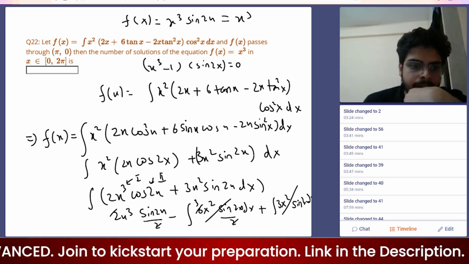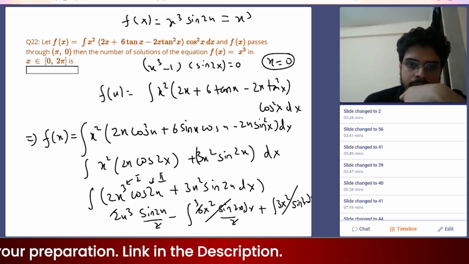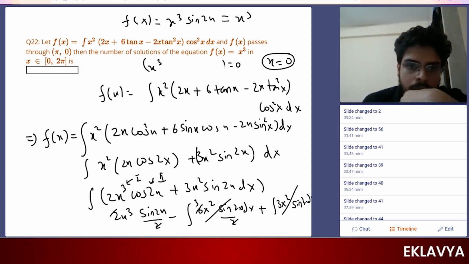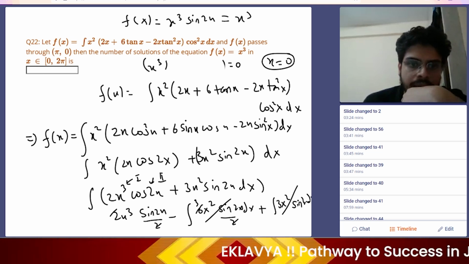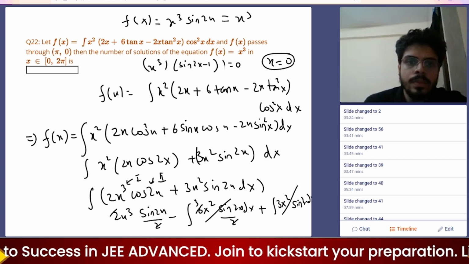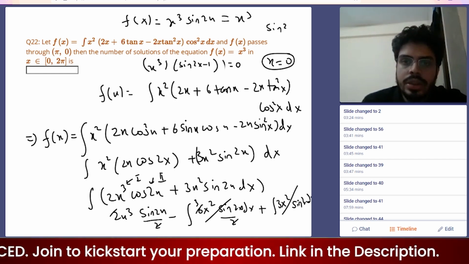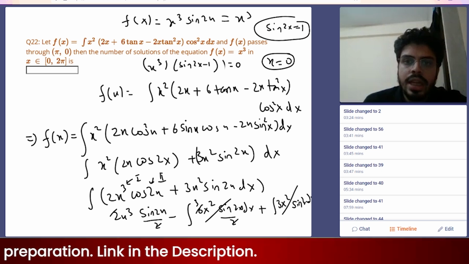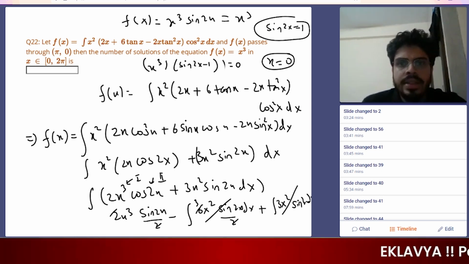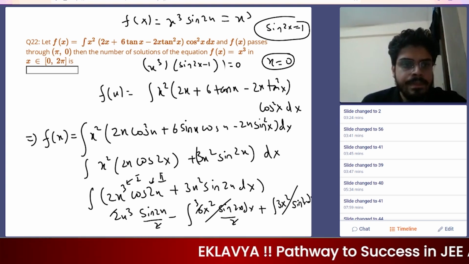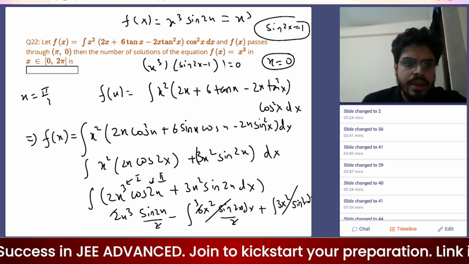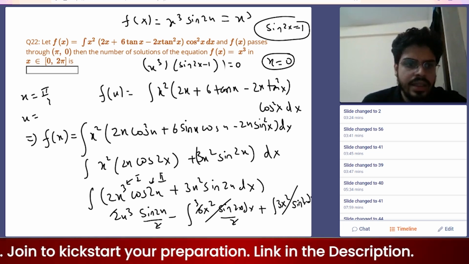So here either x equal to 0, x cube I have taken common, and the other factor is sine 2x minus 1. So either x equal to 0 or sine 2x is equal to 1. So sine 2x equal to 1 in the range 0 to 2 pi. In 0 to 2 pi, sine 2x is equal to 1 at x equal to pi by 4,